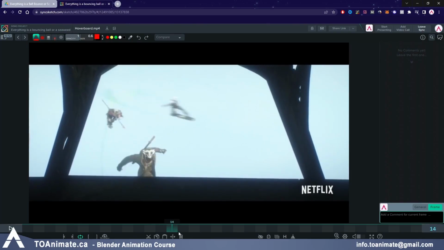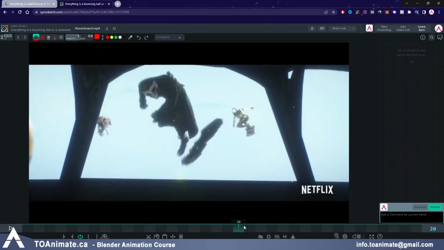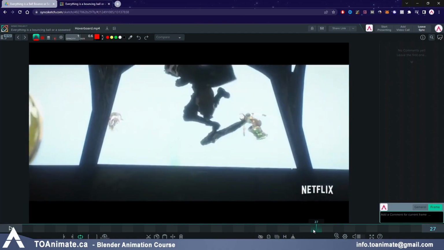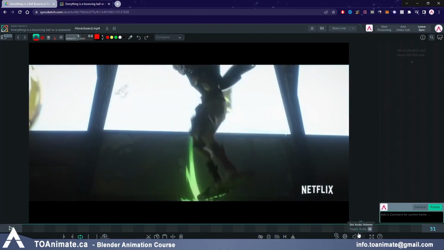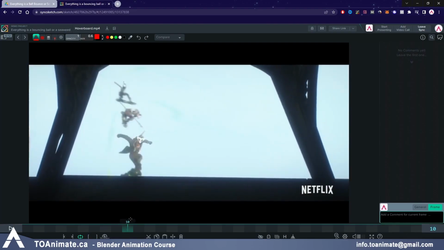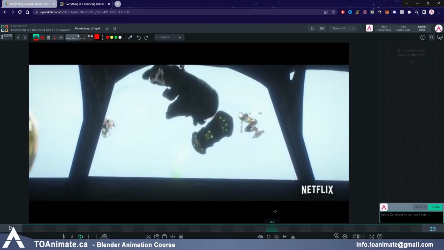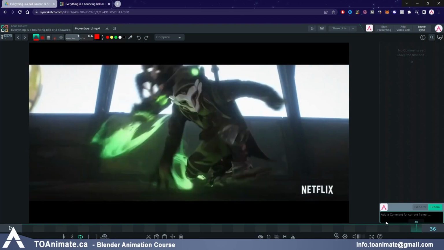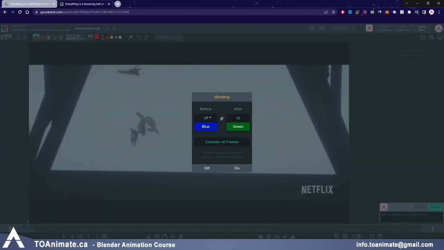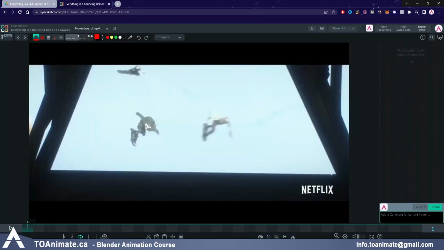He stretches and then squashes around here. And as he's about to land, he stretches again and then squashes down. So it's just squash, stretch, squash, stretch, squash. And if we were to follow him, I can't even turn on maybe Ghost here. So if you were to follow him,